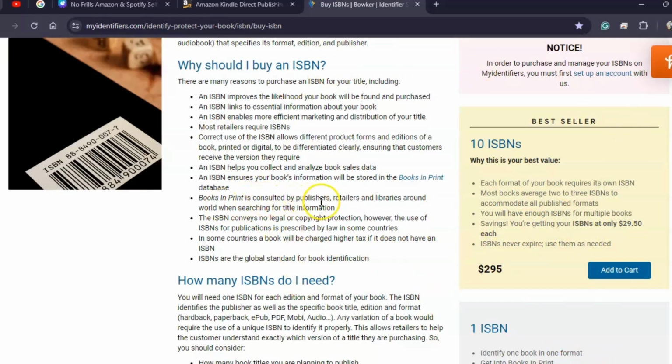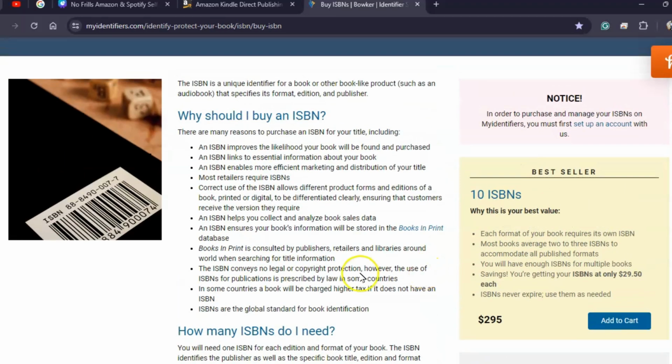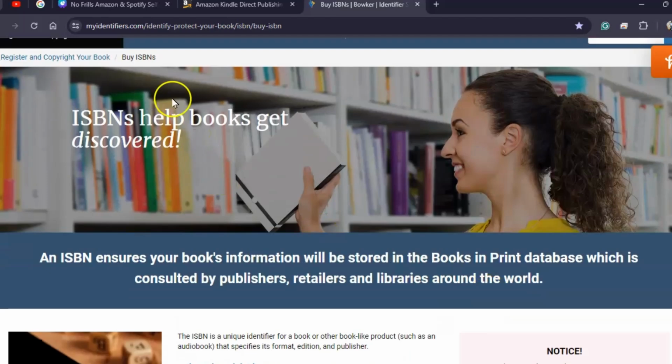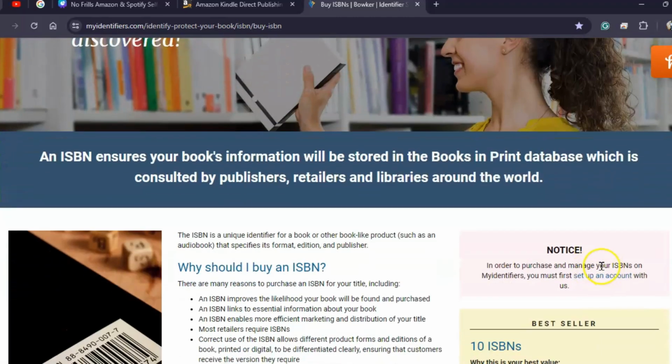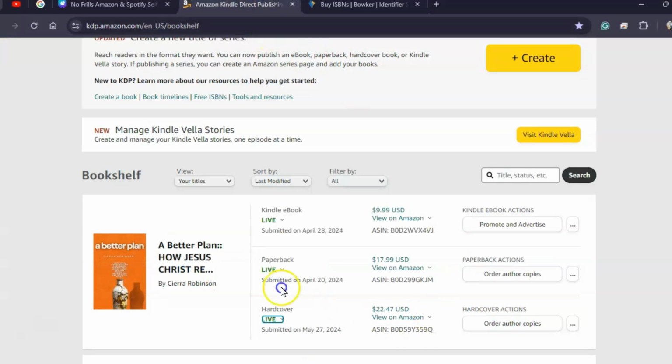Books in Print is consulted by publishers, retailers, and libraries. ISBN conveys no legal or copyright protection. However, the use of ISBNs for publication is prescribed by law in some countries. It improves the likelihood of your book being found and purchased. Okay, so My Identifiers is a broker publishing service where you can get your ISBNs if you do not want to simply rely on Amazon, because through Amazon you'll get the free